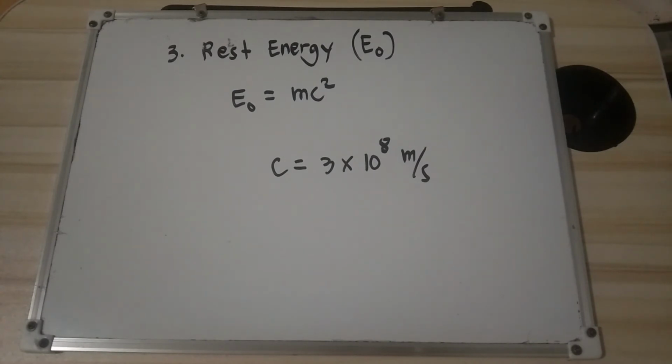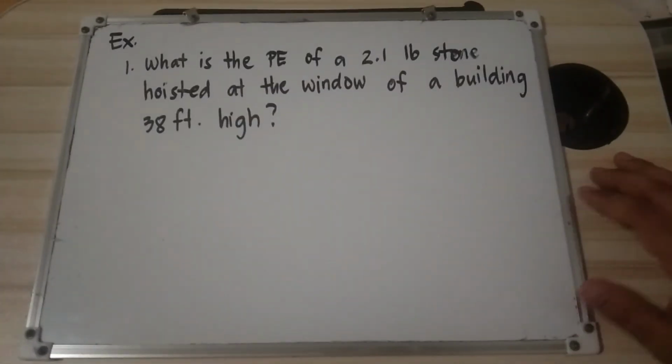And number 3, rest energy, E sub O. E sub O is equal to mc squared, where c is the speed of light, which is 3 times 10 raised to 8 meters per second. Example,